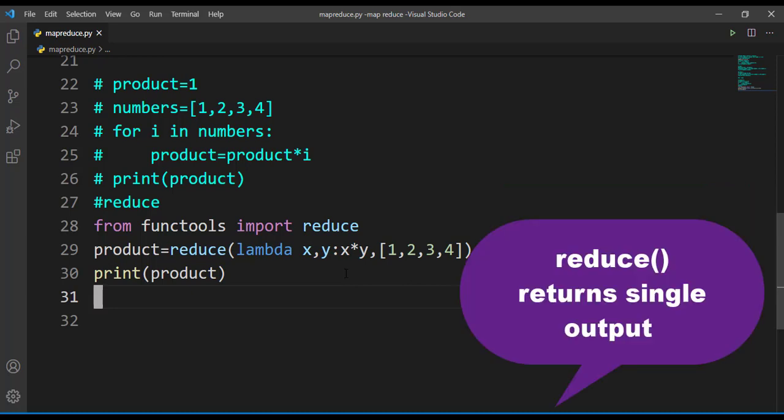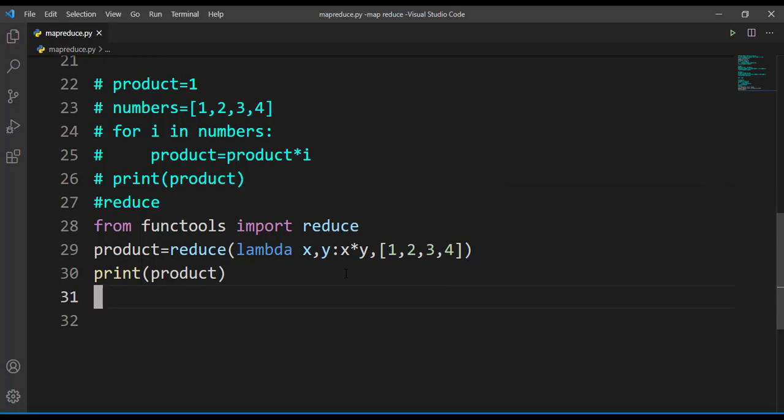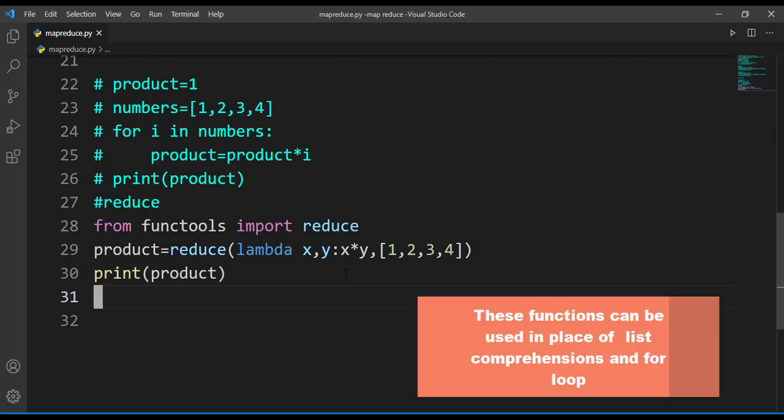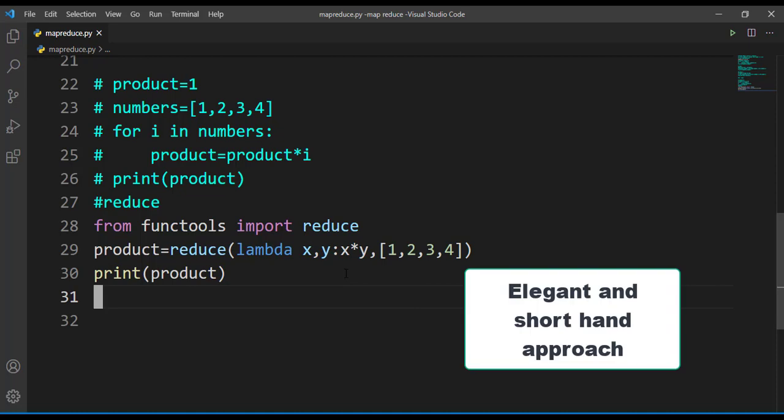The reduce function returns only one result. I hope all of you are now clear with making use of these functions in a program. So what is the basic advantage of using these three functions in our program? These functions can be used in place of list comprehension or loops and provide a more elegant and shorthand approach while writing programs.